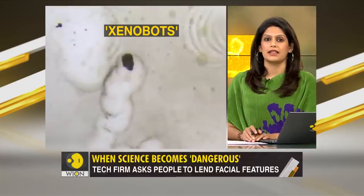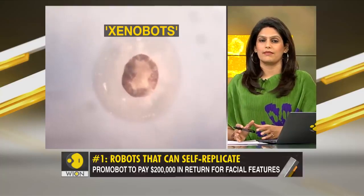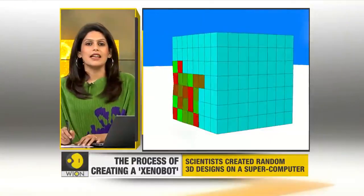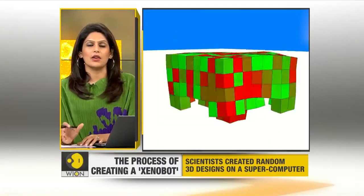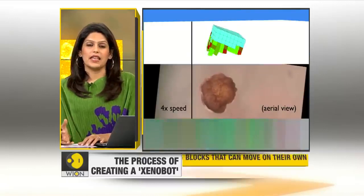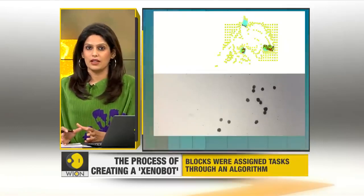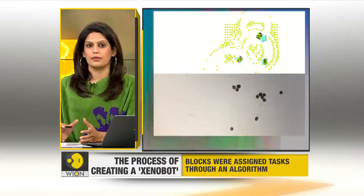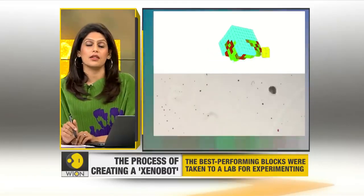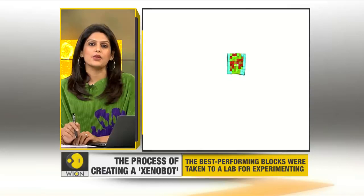How exactly were they created? By assembling stem cells from embryos into synthetic life forms. Allow me to explain. I know it sounds complicated. In order to design these Xenobots, scientists first created random 3D designs on a supercomputer, like the one that you see. Simulated blocks of skin and heart cells that can move on their own. These blocks, or configurations, were then assigned tasks through an algorithm. What kind of tasks? Like walking in a certain direction, basic things. The most promising configurations here, the ones that perform the tasks well, were then taken to a lab to be